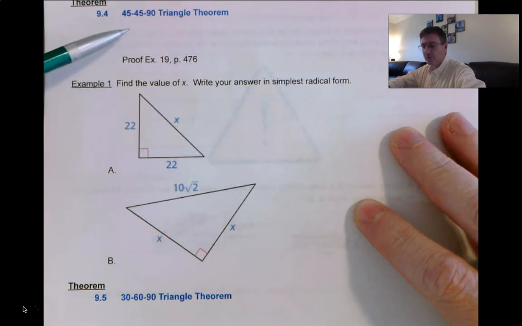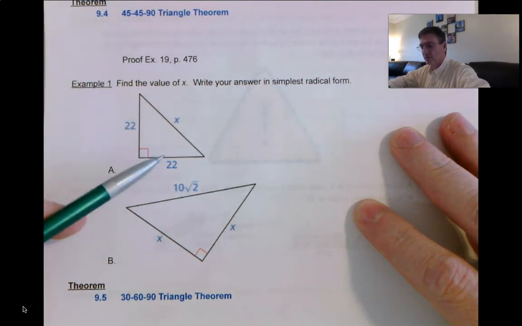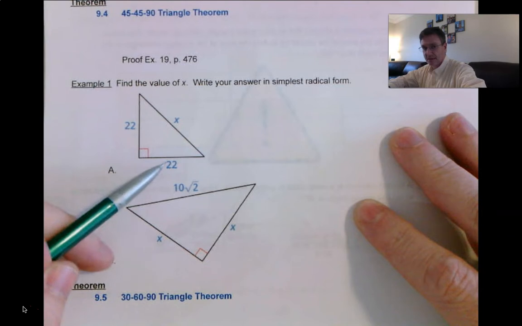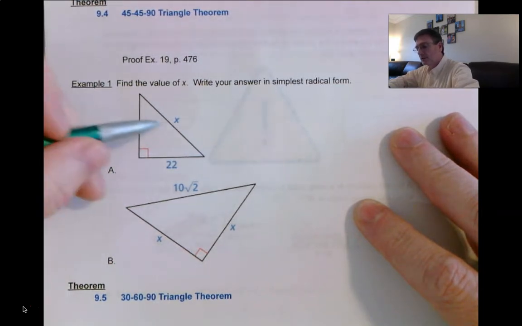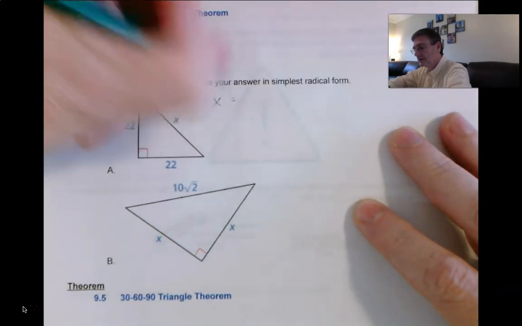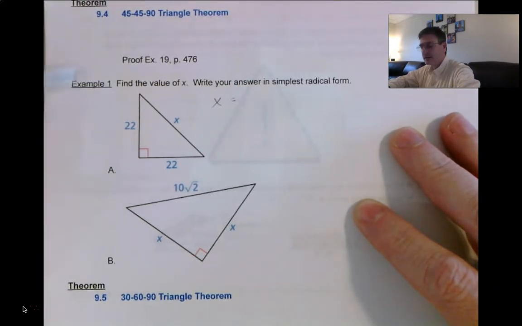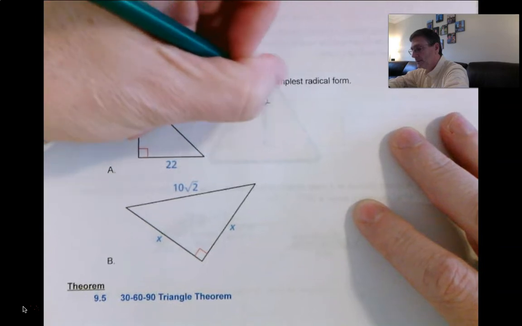So hopefully you now know the relationship between the hypotenuse and the leg in a 45, 45, 90 triangle. Even though this is not told to be a 45, 45, 90, because it's isosceles, it has to be 45, 45. So the hypotenuse x is equal to the leg times the square root of 2. So 22 square root 2